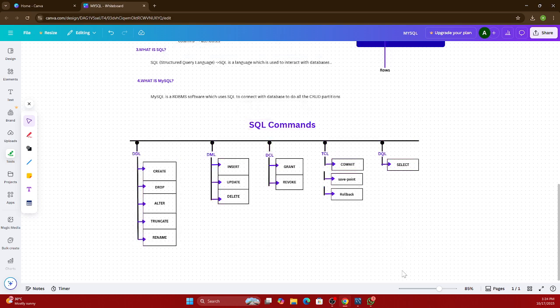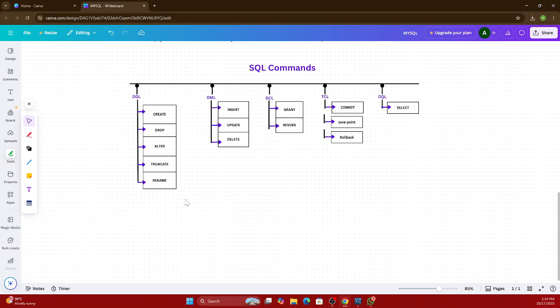In total, we have categorized SQL commands into 5 categories. Those are divided into DDL commands, DML commands, DCL commands, TCL commands, and DQL commands. What is DDL? DDL means